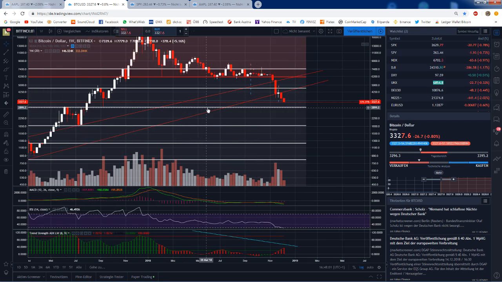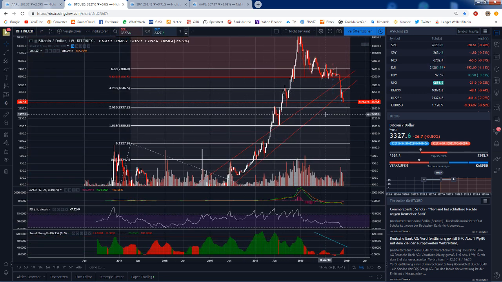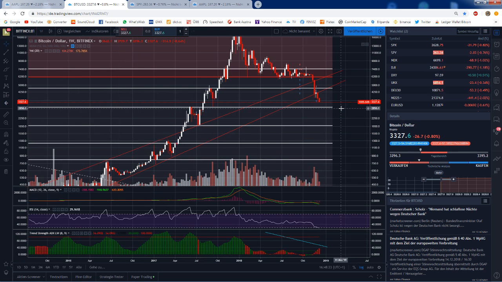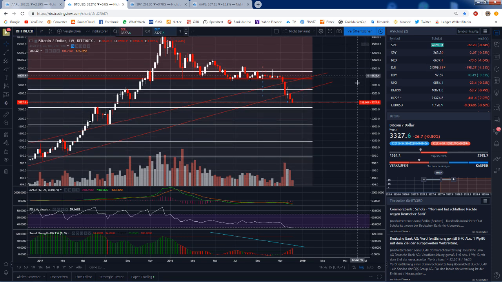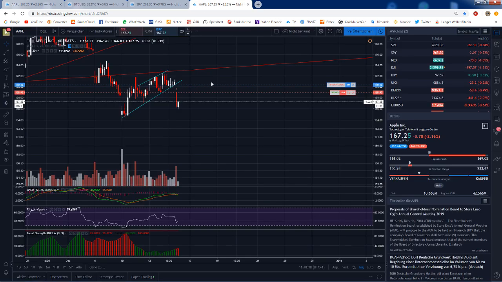So as you can see, at 3000 pretty exactly, we have the 2618 support level, and it's been supporting it here. It's been resisting it here, and yeah. So I can see a strong support level right here, and it could be a legit buy signal to go long, maybe for an extended period of time, maybe for a couple of days. We'll see. But yeah, that's Bitcoin. Now, in a position in Apple,